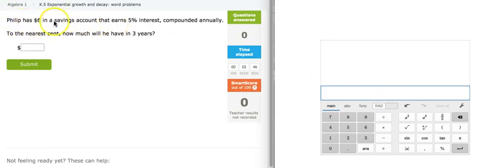Wow, good for you, Philip. And 5% interest compounded annually. That's once a year. To the nearest cent, how much will he have in 3 years? So $6. I like to go bracket. Now, if you're going to grow by 5%, you take it times 1.05. And then you're going to take that to the power of how many years? 3 years. So the nearest cent would be